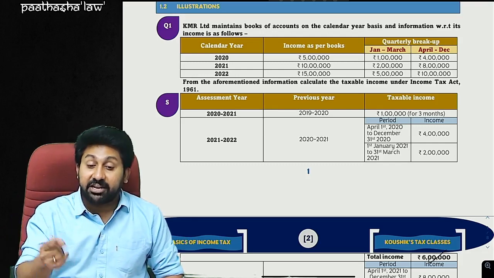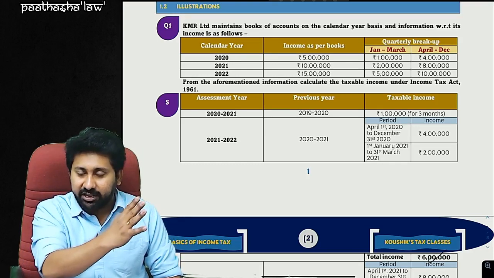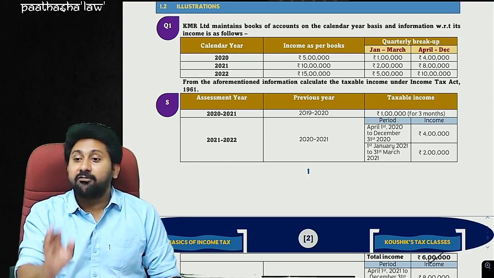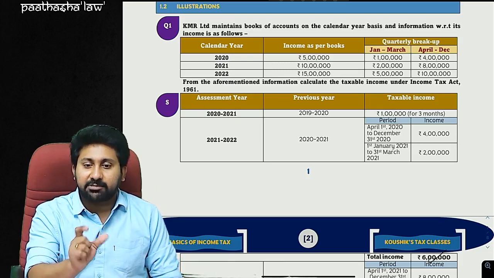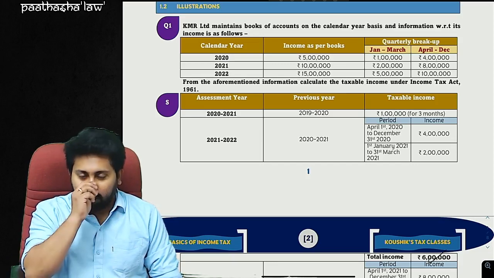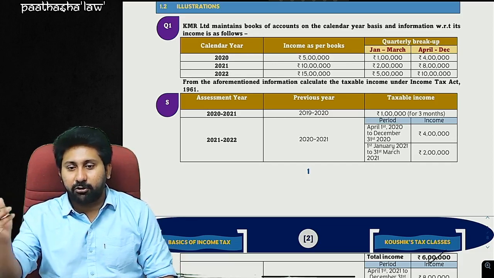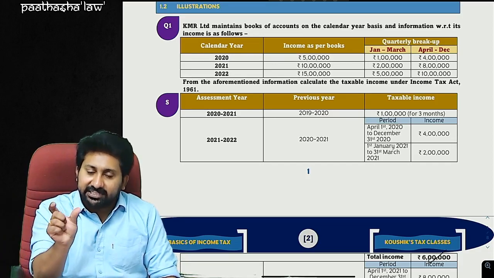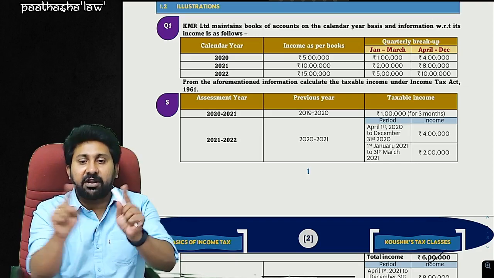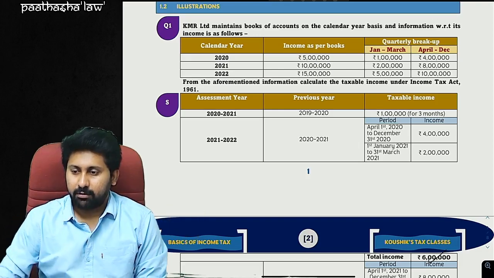In examination, if at all they ask a question on books of accounts prepared on a calendar year or any different year, but assessment has to be made, first we need to know the breakup. What do you mean by breakup? Breakup as per financial year and or quarterly breakup, at least you have to give. Jan to March, April to December, like that, broken such that we can easily take the income of that particular financial year. Hopefully everyone understood the first point here.